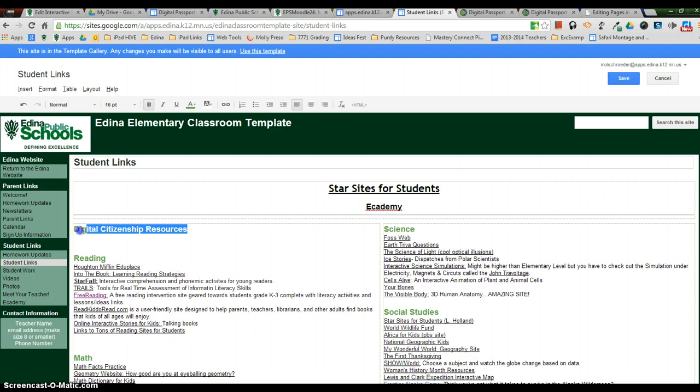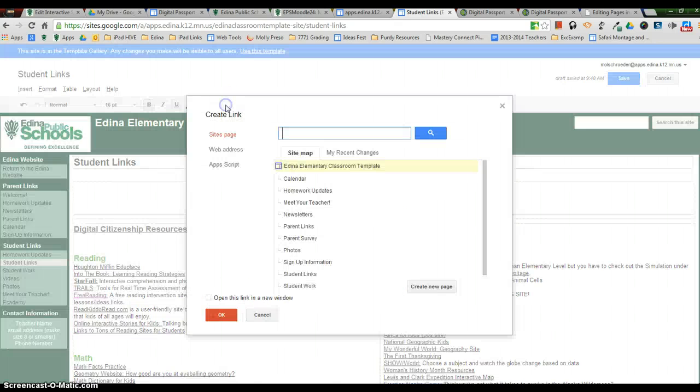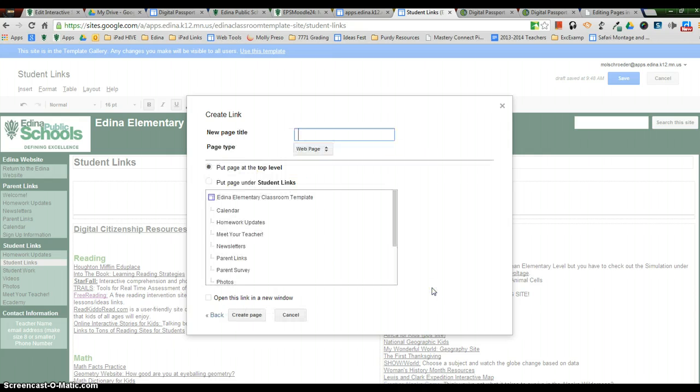So what I'm going to do is highlight the words and copy them. So Control C on my keyboard, or right click copy using the mouse. The next thing I'm going to do is go up into this little link, this little chain link. And in the chain link, one of the options is to create a new page. Now there are a couple different ways to create a new page, so I'm just showing you sort of a shortcut on this page. So I'm going to create a new page, and I'm going to then paste digital citizenship